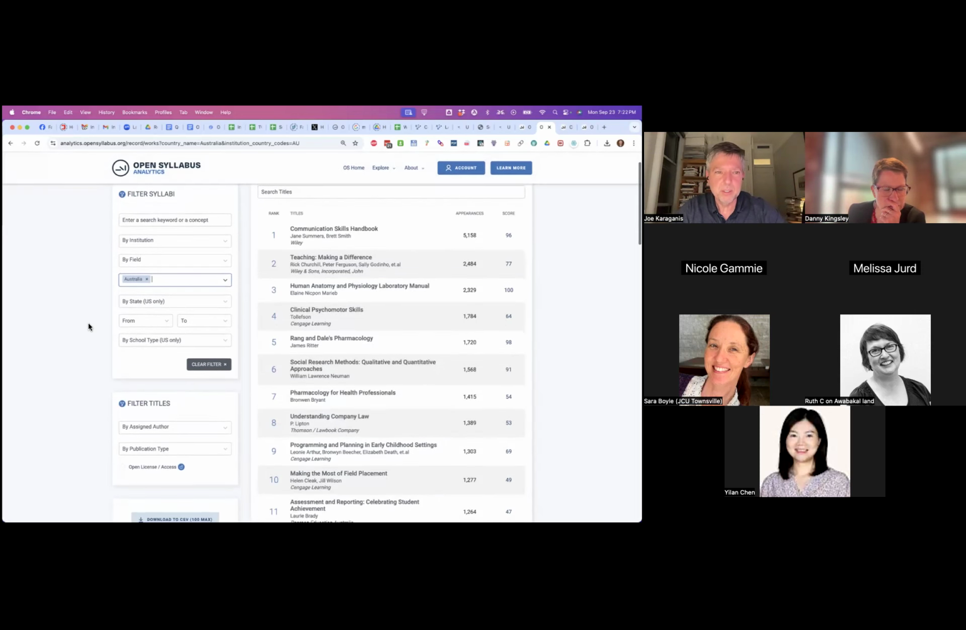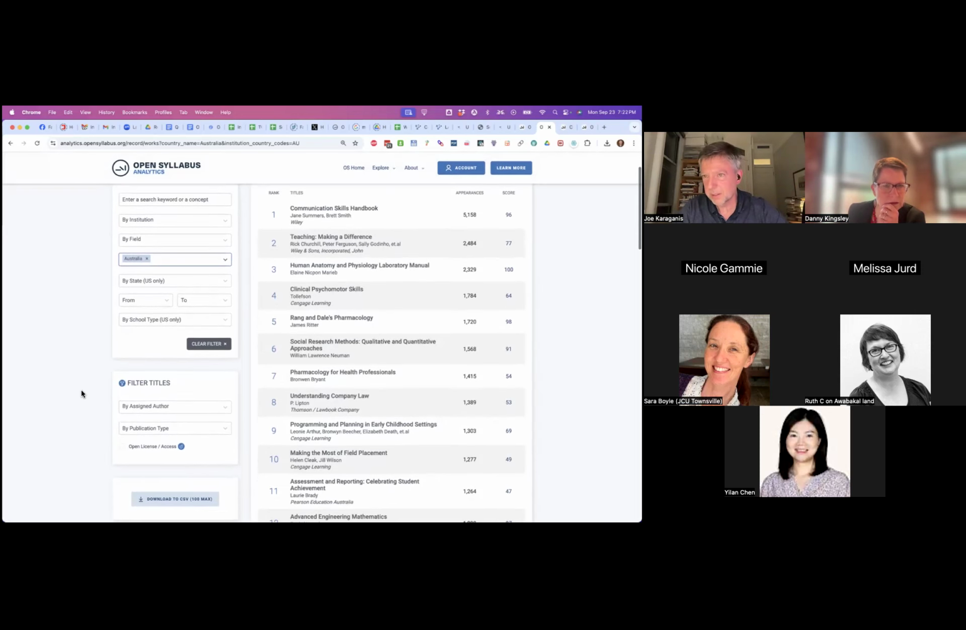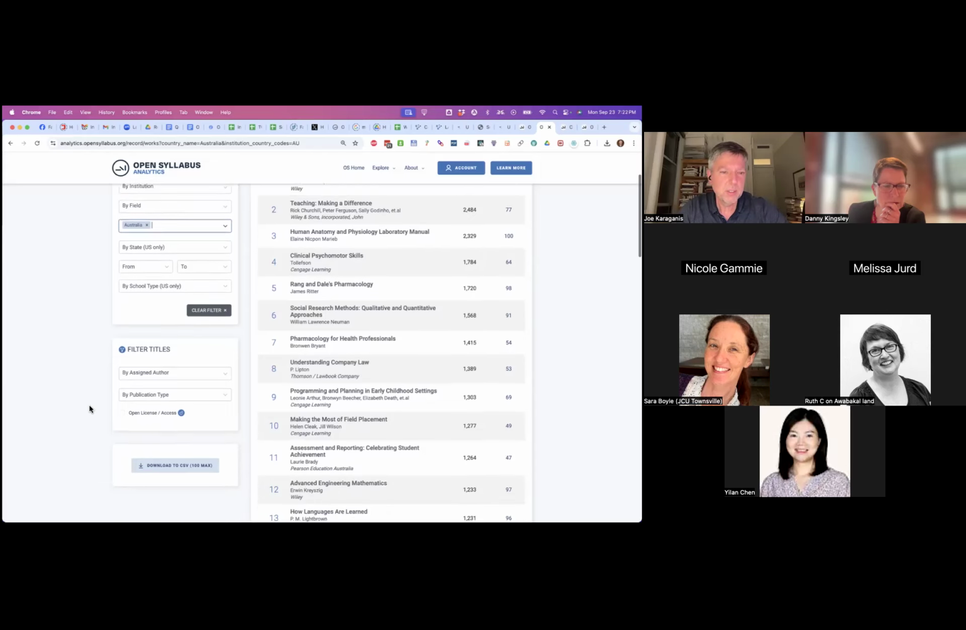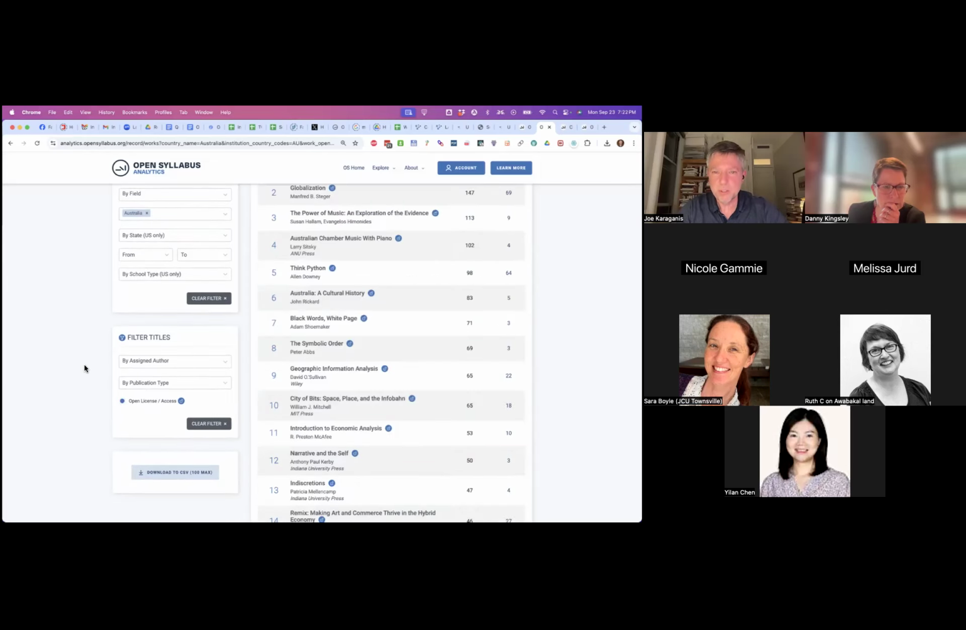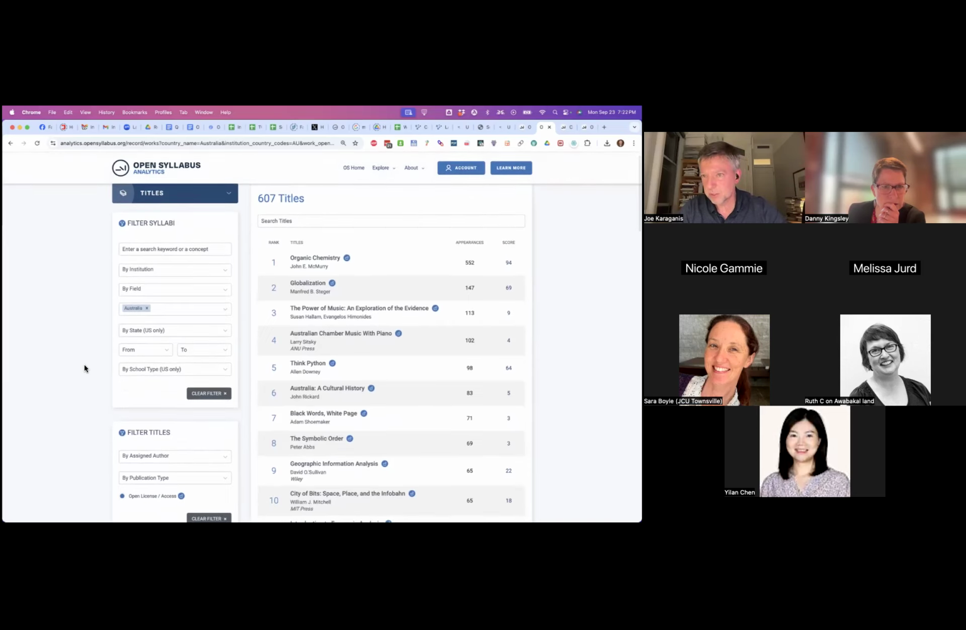So here are the top assigned titles in Australia, as represented in our corpus. If we want to search by titles that are openly licensed, we get to a much smaller list, but a list that includes textbooks, as when they appear in the Open Textbook Library. The Open Textbook Library is one of our sources of truth for what an open title is, or the DOAB. So it's a mix of monographs and textbooks,